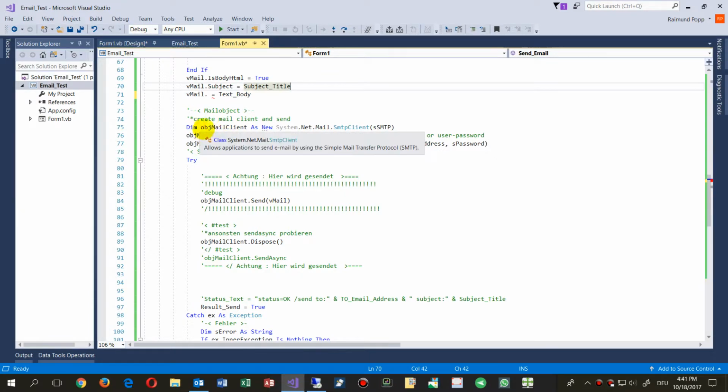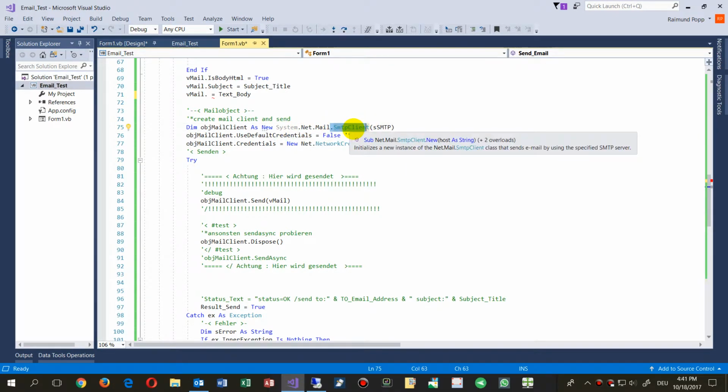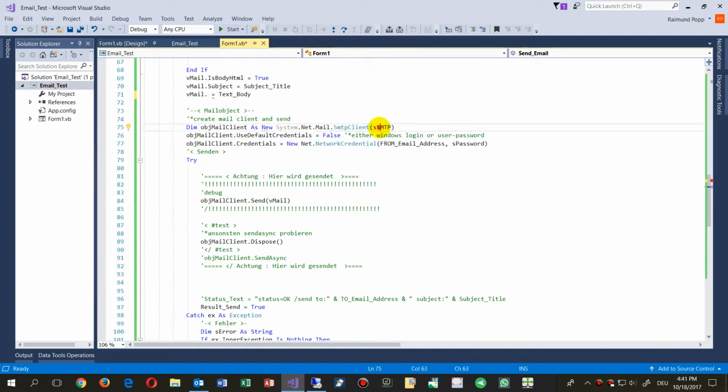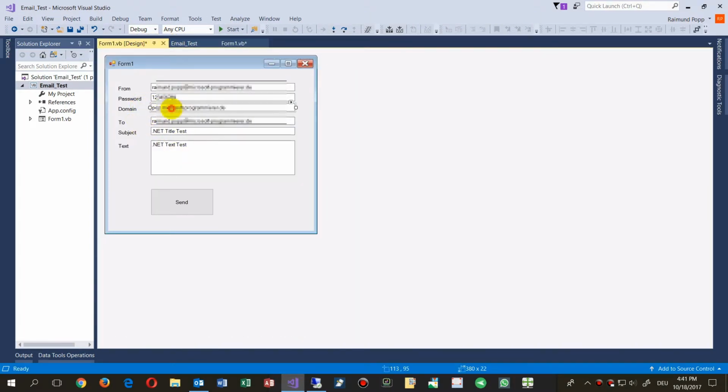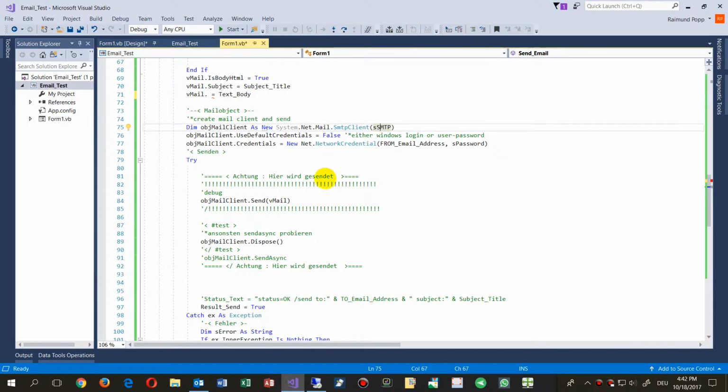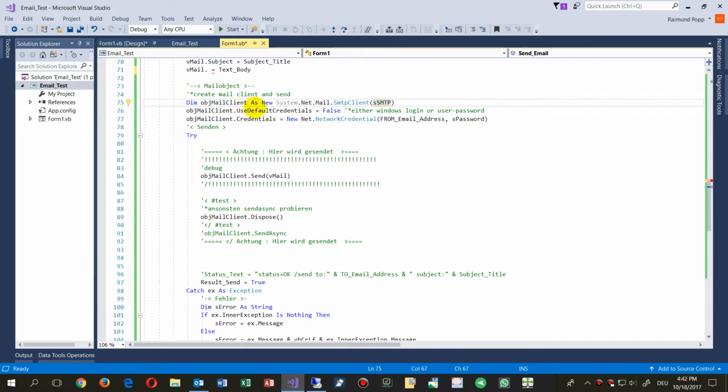And then we create a new mail client, a System.Net.Mail SMTP client, and inside there is the URL, let's see here, we have the domain where we're coming from. So this is a POP domain. This will not work if you try it, but you need a POP account or IMAP account, and then you need to say, okay, we need the